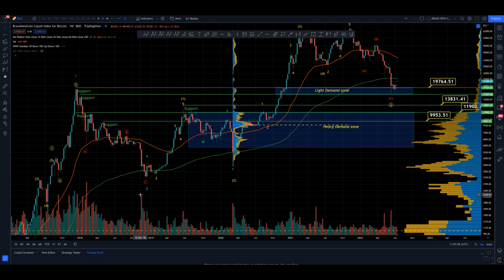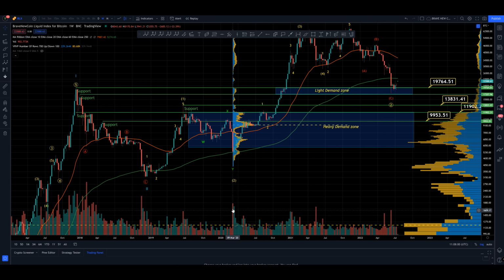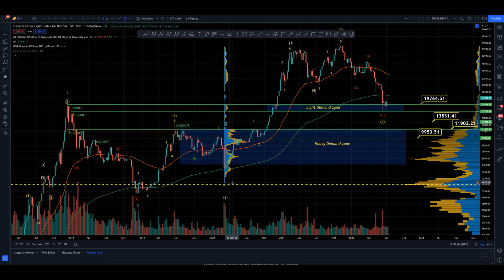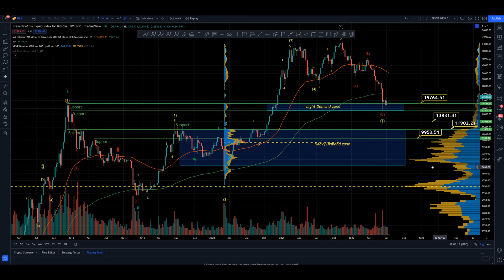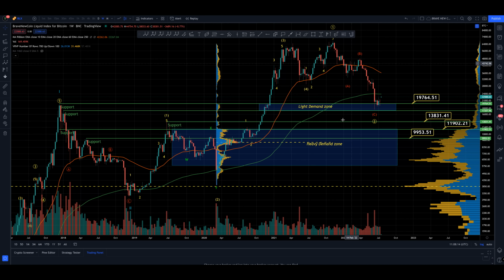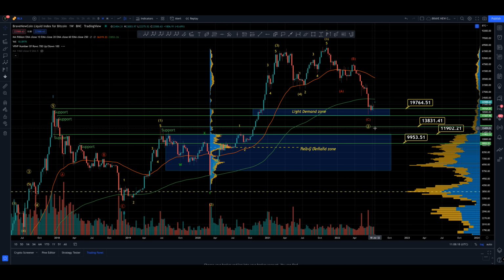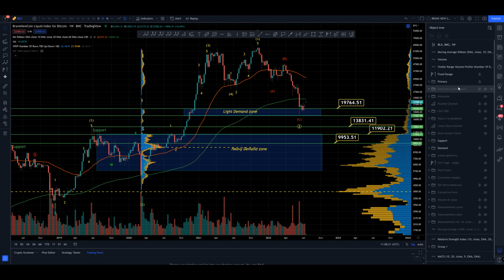Yeah, we can see how all of the move up in the wave one was on declining volume. Same here. It's just because this price skew is so extreme. You know, you could buy a lot more Bitcoin at $4,000 than you can at $70,000, can't you? So that's just common sense. Anyway, I feel I'm waffling a little bit here, but that's what I'm looking for if we come down lower. Right, so now let's just have a look at an alternate count.